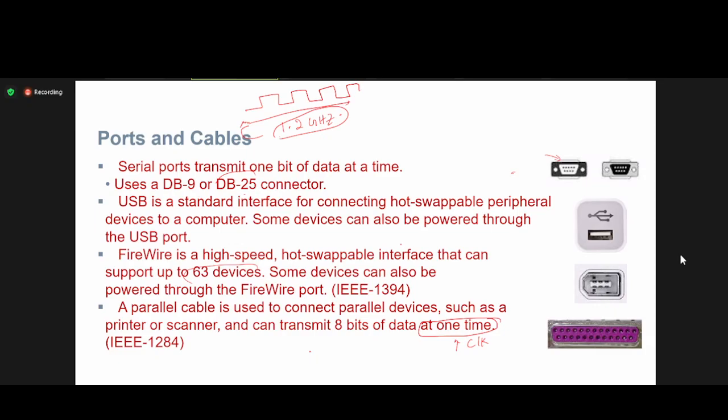Serial data transmission sends data bits one after another. Yes, that's a good thought. Thanks, Bhavesh. All right, so